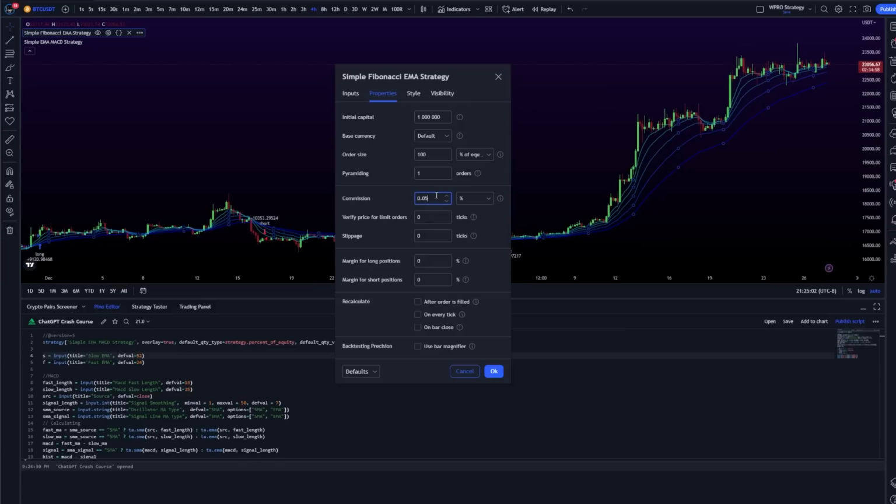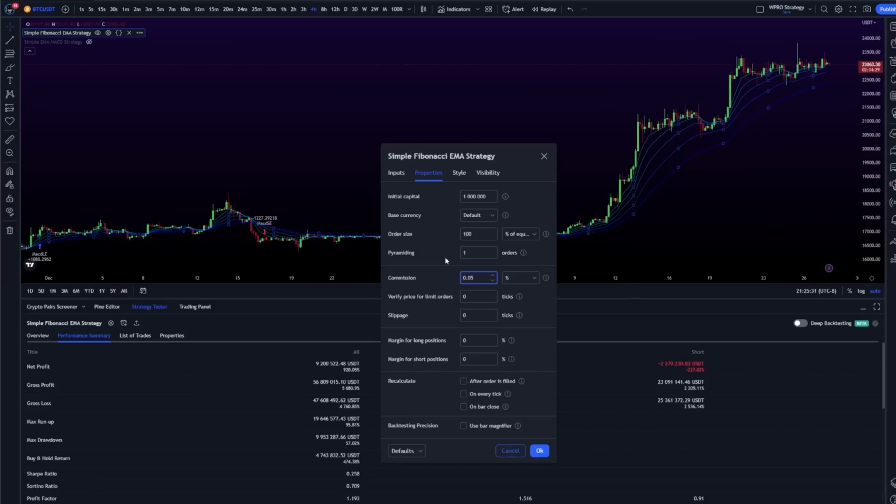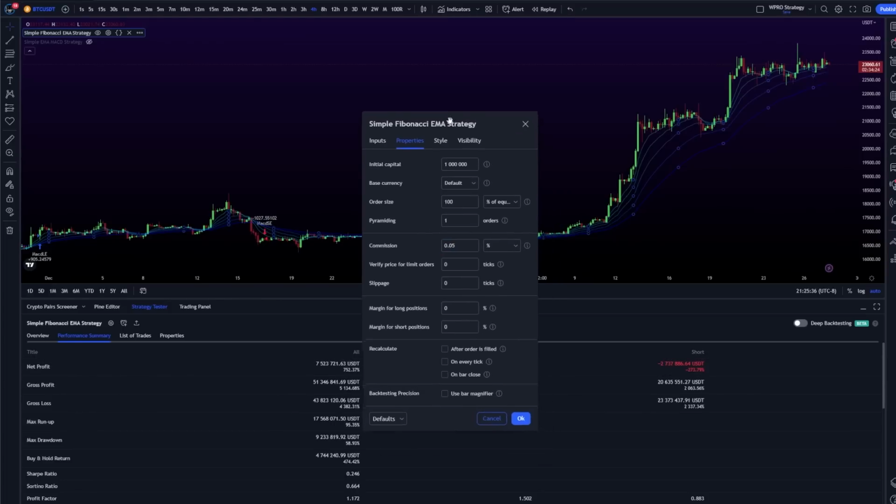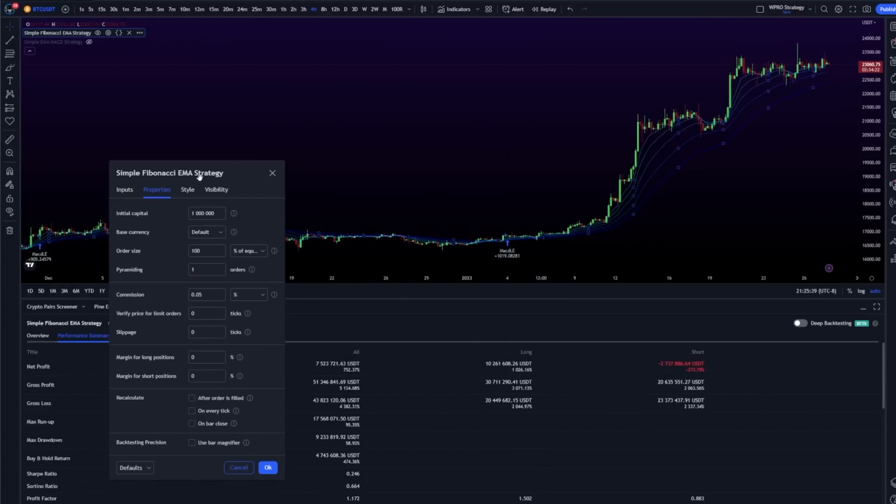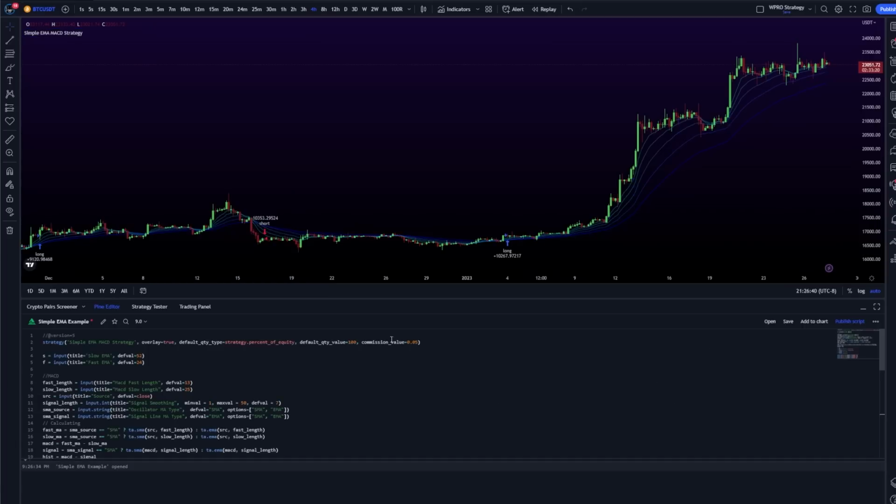Usually around 0.05% is good. Once you do that, you'll notice that your net profit does change after it factors this in. And it's very important to do that so that you're actually getting reliable results. You can also hard code the commission value into your code so that it's always there every time you load